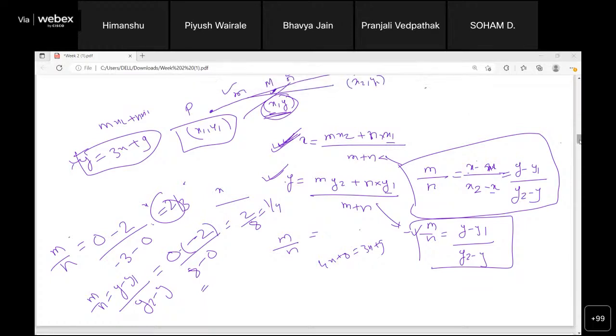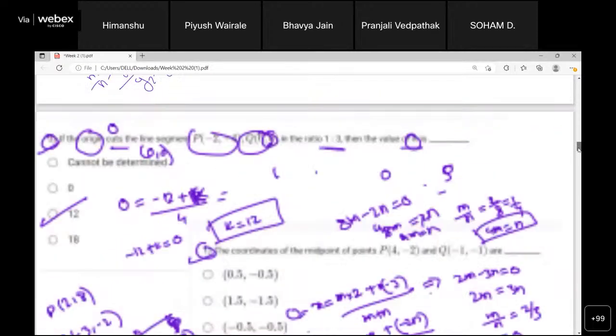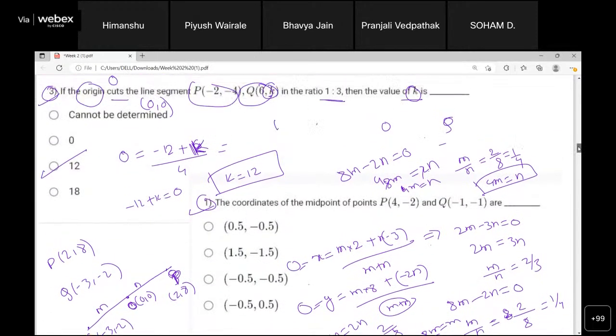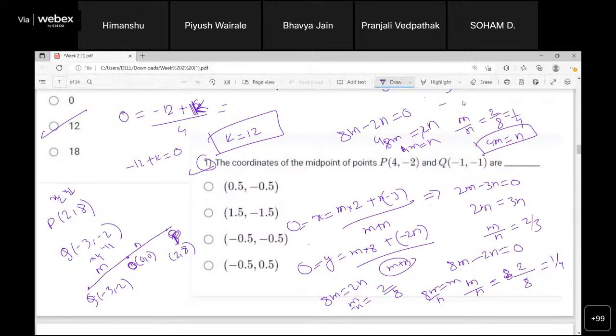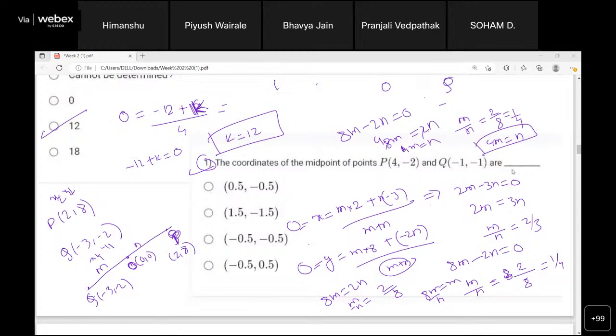Sir, here y1 is 8, na? You can take any, you have to fix one point. So if I fix this as x1 y1 and this one as x2 y2, or you can also do x2 y2 and this is x1 y1, anything, but just fix it once and then apply the formula. It depends on which you consider. What actually happened is the people who took 8, we got the answer as 4:1, not 1:4.